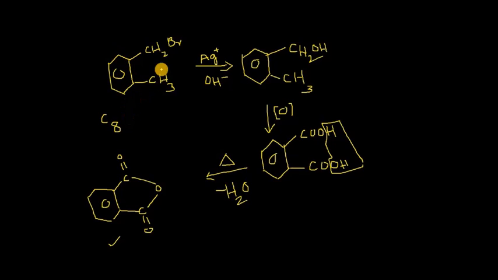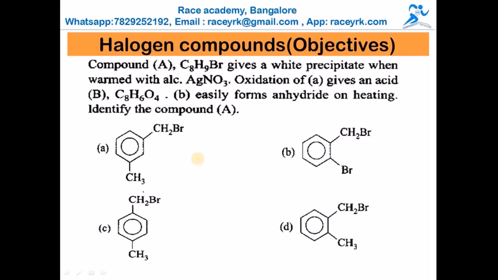How many hydrogens are there? We have 4 plus 5, so 9 hydrogens are there, and 1 bromine is also there. In the product formed, the carboxylic acid has 8 carbons. The number of hydrogens here is 4 plus 2, so 6. And the number of oxygens in the carboxylic acid is 4. It is exactly matching with the discussion they have given, so it matches with our option D.